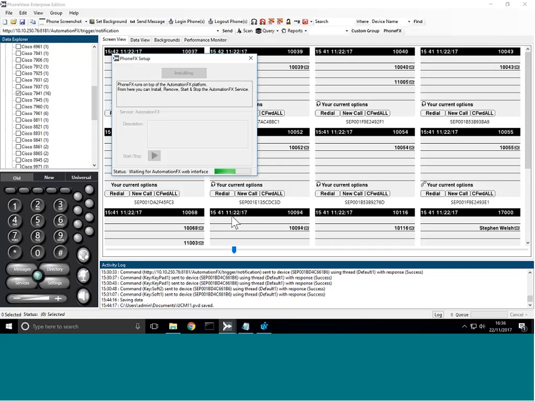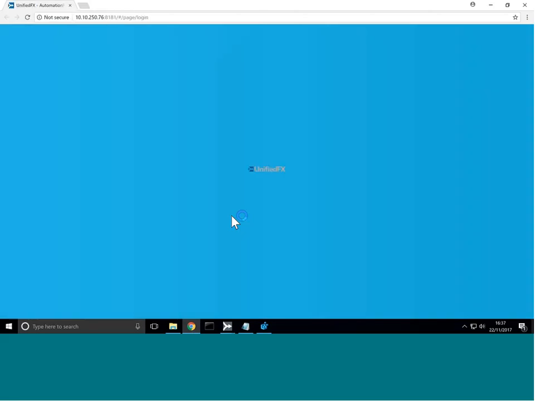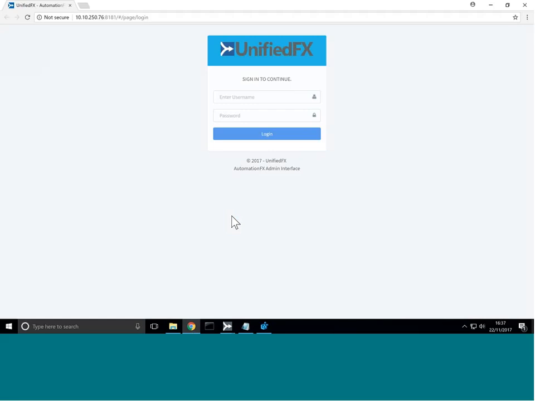Once that's started up, it will then auto-configure the AutomationFX instance with the cluster data that's already in PhoneView right now. So that says there, it's configuring. So it's now started the service and it's running. And what it also does after it's installed is it auto launches your browser to take you to the web-based interface of AutomationFX. Now, what you have to do with AutomationFX is obviously log into it, and these are just